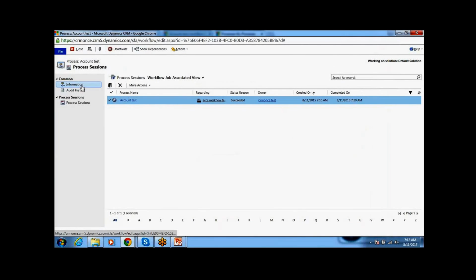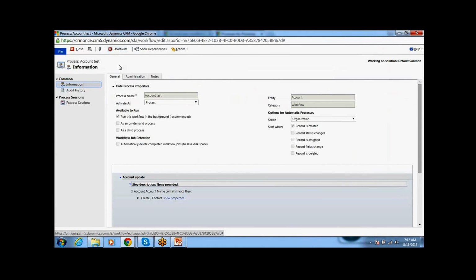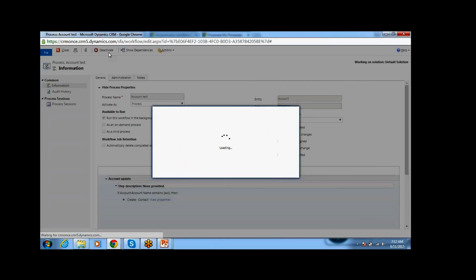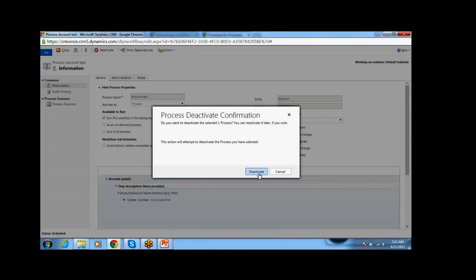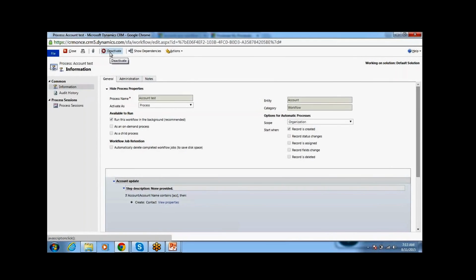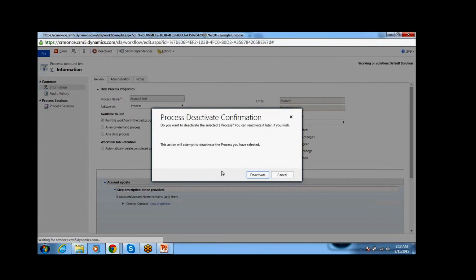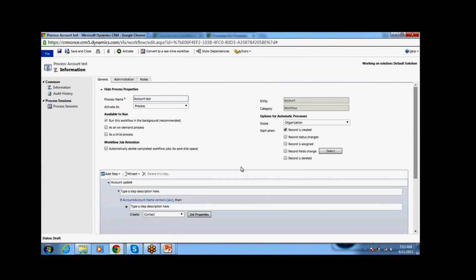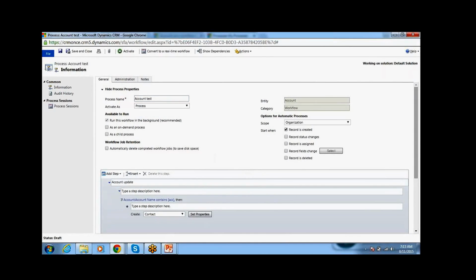In the next case, if you want to modify this workflow, just deactivate it. So deactivate the workflow, then we can modify whatever you want.